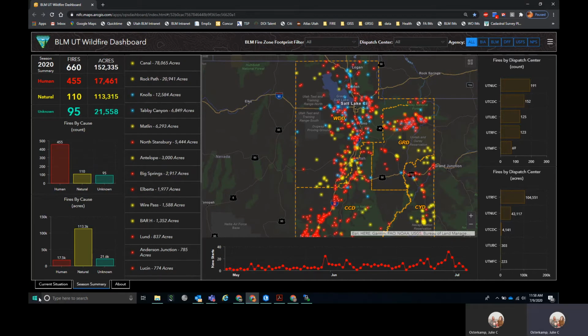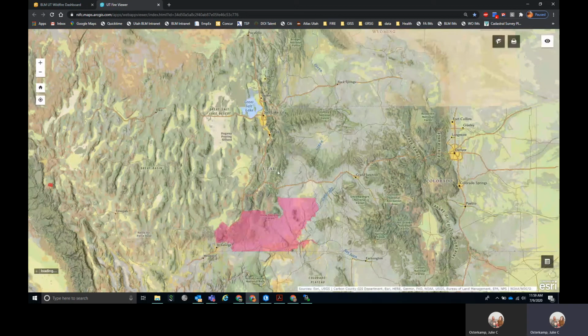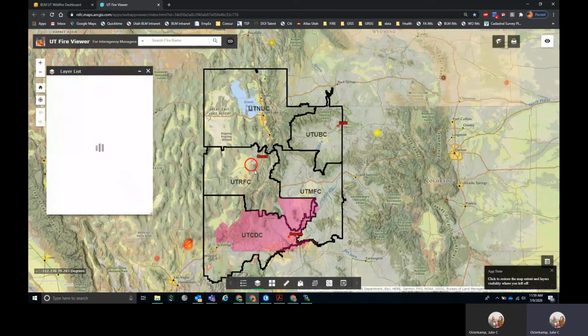I really think that's about it for the overview. You can click up here and go to the Utah Fire Viewer. That is something else I wanted to talk about. So this is really stats, and it's doing so much work behind the scenes. You don't want to make it too complicated with the amount of layers you put in there. So the Fire Viewer that I sent out earlier this year, if you really want to get down, like you want to look at the canal and look at it compared to wilderness layers, or you want to look at the operational information divisions and such, you can go to the Utah Fire Viewer,